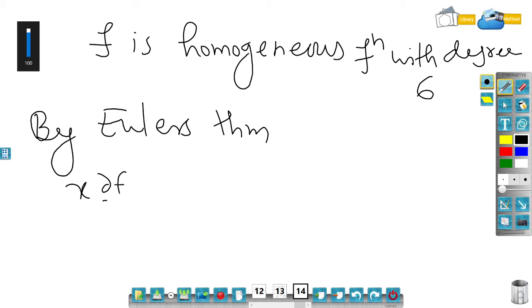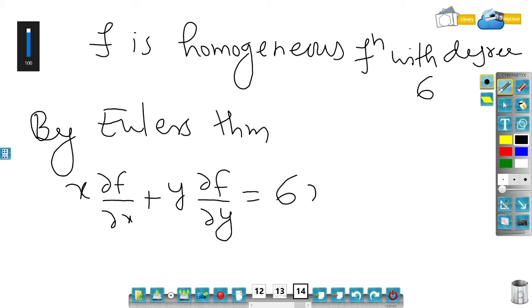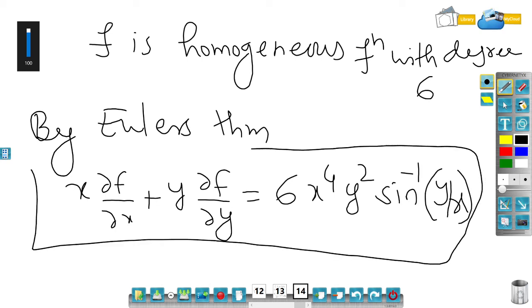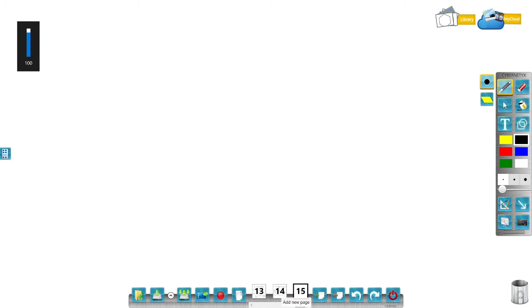x dou f by dou x plus y dou f by dou y is equal to 6 times x raised to 4 y square sine inverse of y upon x. You can see how beautiful the theorem is. You need not find out the partial derivatives. You can straight away evaluate the answer. So this is the advantage of Euler's theorem. Then another example, second example,